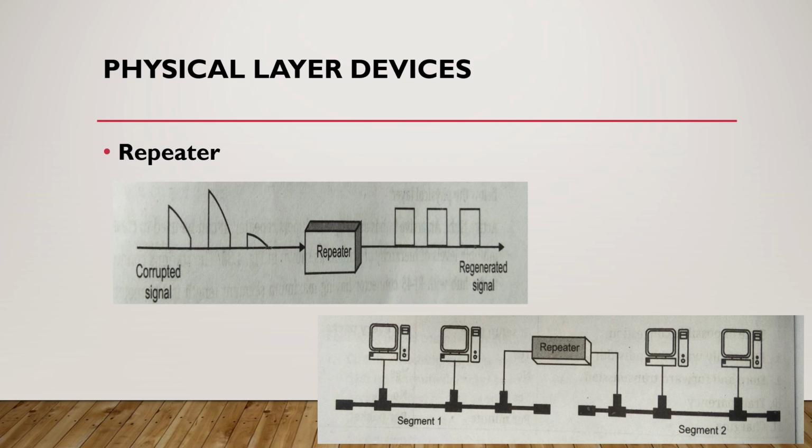It is a two-port device. Repeater can connect two segments of the same LAN, but it does not connect two different LANs. It can be used to create a single extended LAN. When it receives the frame from any port, it regenerates and forwards it to the other port. It has no filtering capability.